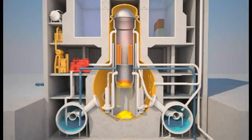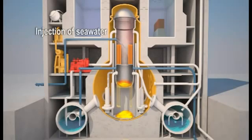Due to the absence of usable fresh water on the site, the operators decided to inject seawater into the reactor vessel. This solution, far from ideal, since salt is chemically active, had at least the advantage of cooling and stabilizing